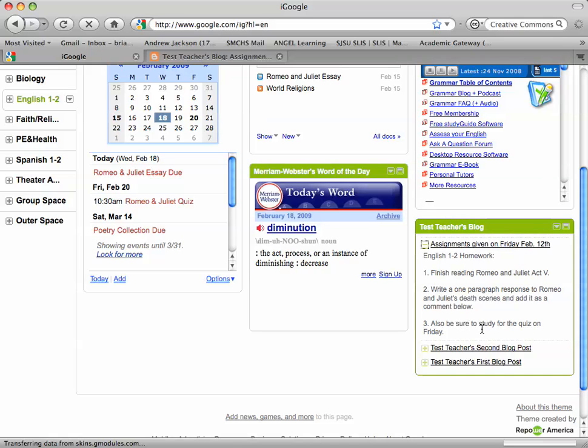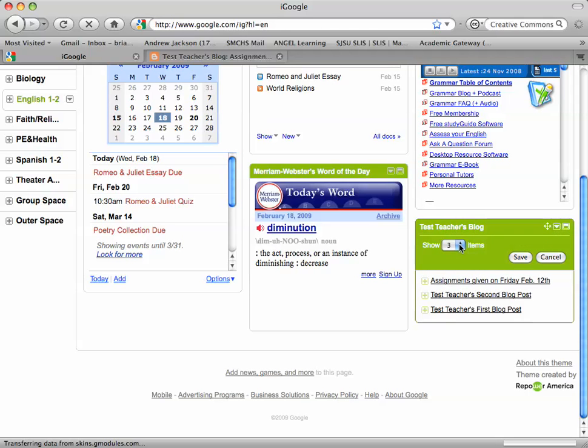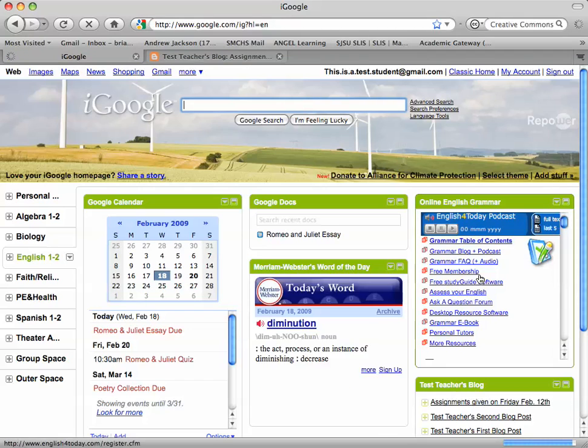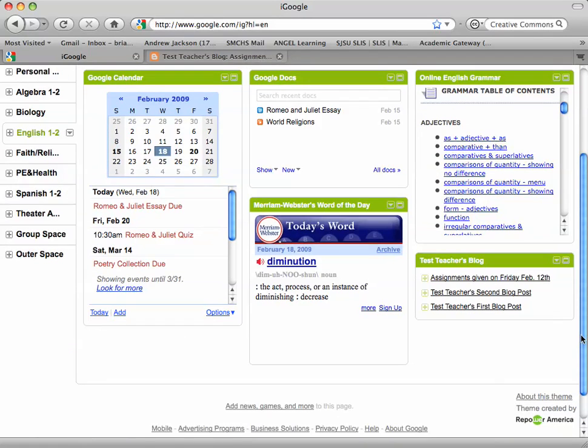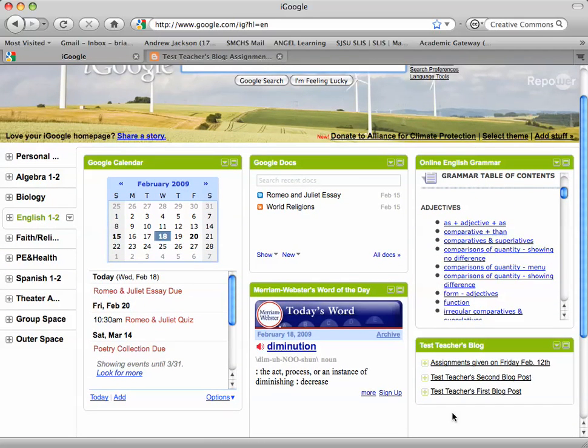Now, in this case, I had to go to the blog just to give my response, but in some blogs I may not. I may not ever have to even leave my iGoogle page, which is fantastic. Again, this is modifiable. We can edit the settings. We can decide to see the last 5 entries instead of the last 3, though I think there were only 3 to begin with. Anyway, you get the idea that this is a fantastic way of being able to stay on top of your assignments when teachers have their assignment blogs. It's also a fantastic way of staying